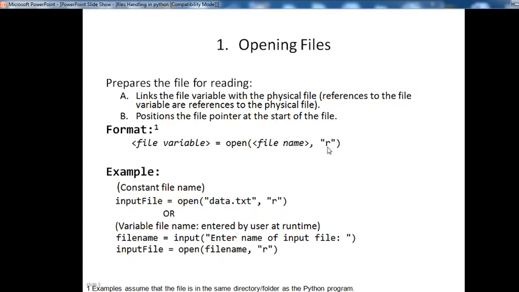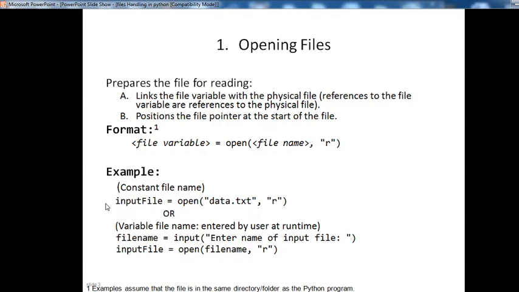Here is the syntax for opening a file for reading: file variable equals open file name, read mode. Example, a constant file name: input file equals open data.txt comma R. Or you can define it this way, with a variable file name entered by the user at runtime: file name equals input, enter the name of input file, then input file equals open file name comma R. That means you can use both options.